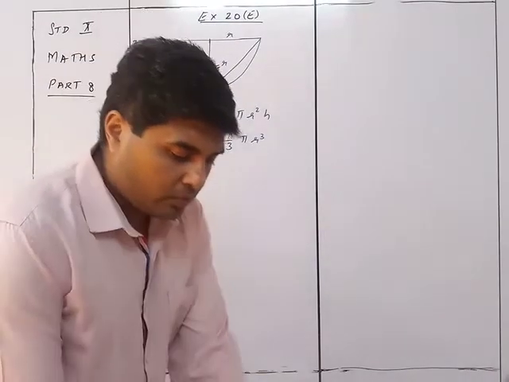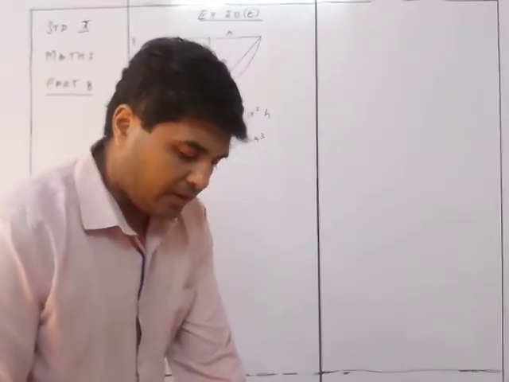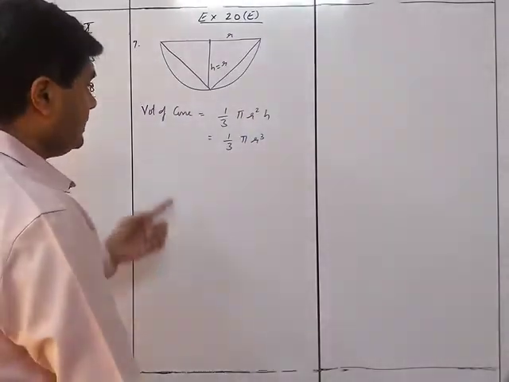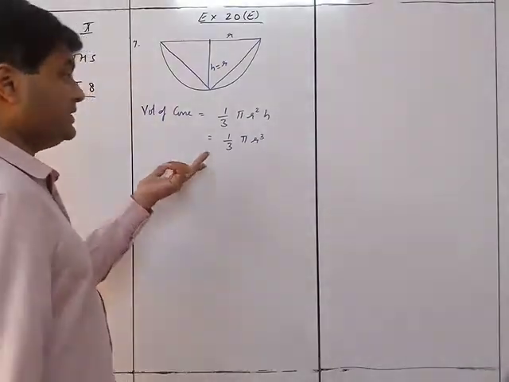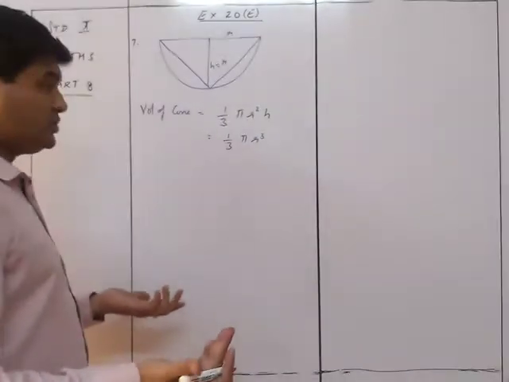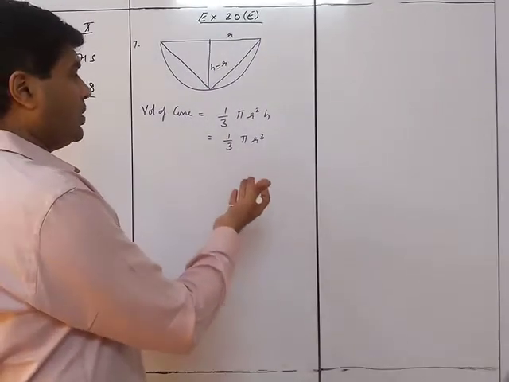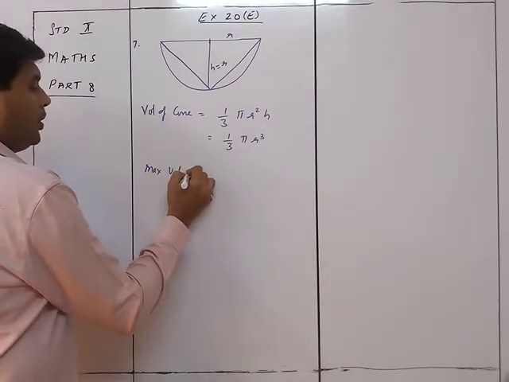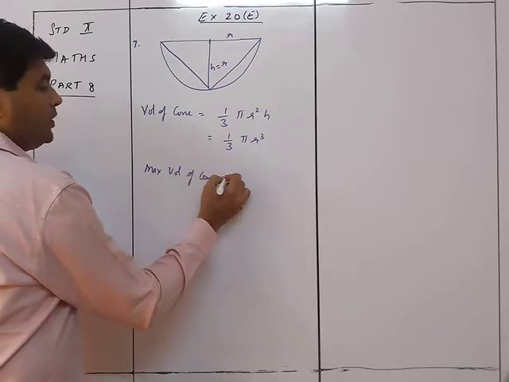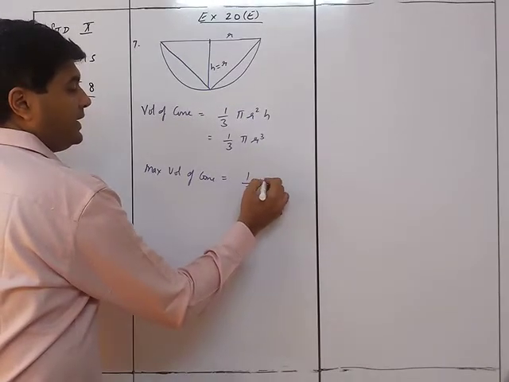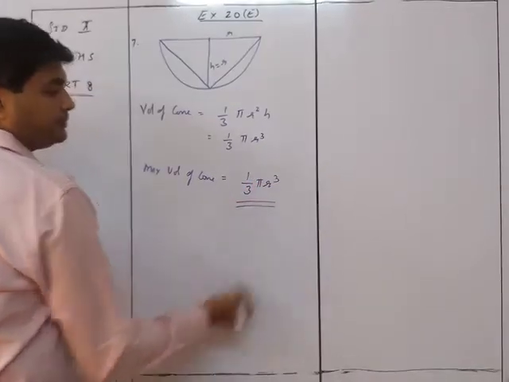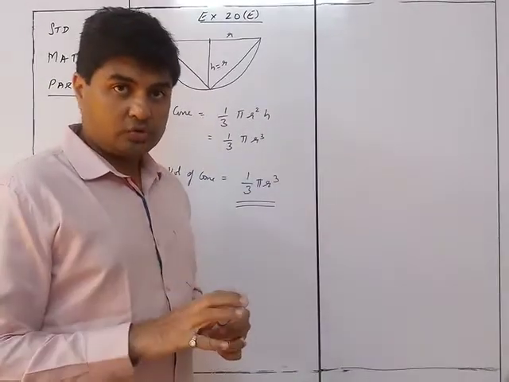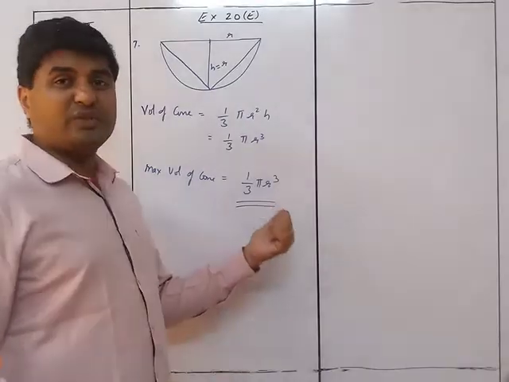Right? So the volume over here is 1 upon 3 pi r cube. Now we want to find out what the maximum volume is. So yeah, this is the answer. This is a very simple question, because they have not given any other volume. So we just say that the maximum volume of the cone will be equal to 1 upon 3 pi r cube, because r will be of the sphere. So we have nothing in this which is of the cone.